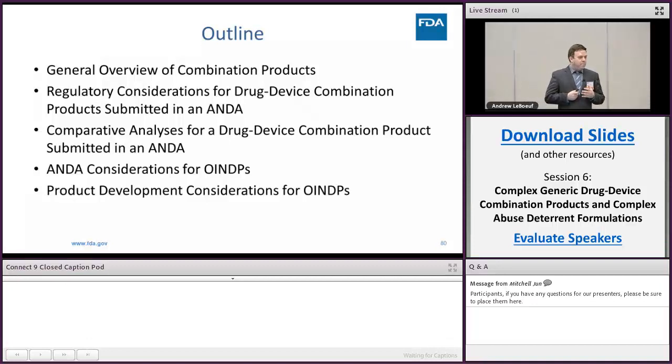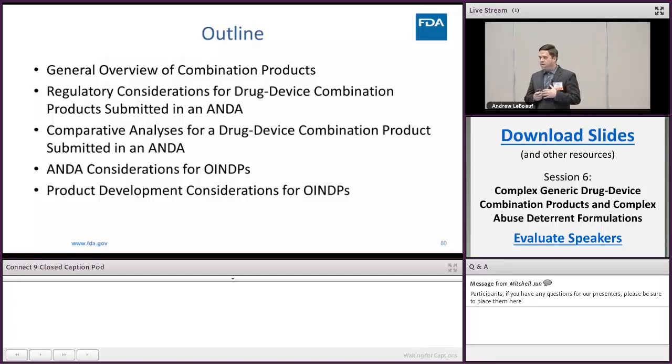Every combination product is unique in its own respect when it comes to generics. Notwithstanding, there are general principles that we can derive based on this overall product type that we can share with you. For instance, what are the potential considerations when we consider sameness for a drug-device combination product? We will also go over a brief discussion of our historical policy considerations, policy statements that we've made in this area. Our discussion will then transition to one of my colleagues, Dr. Kimberly Witzmann, from our Office of Research and Standards, who will discuss a recent draft guidance that was issued back in January of 2017,